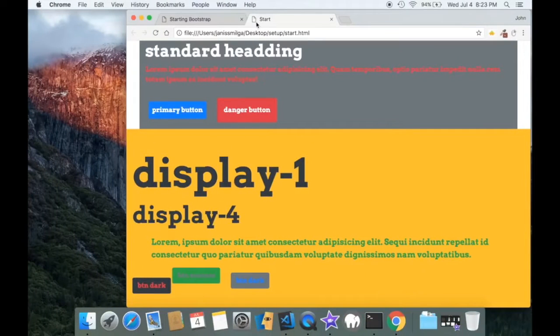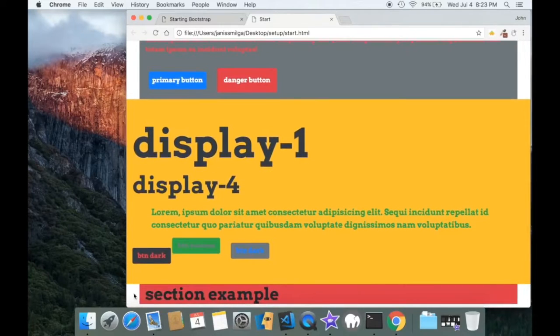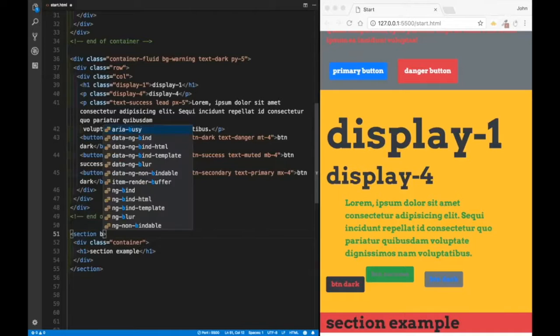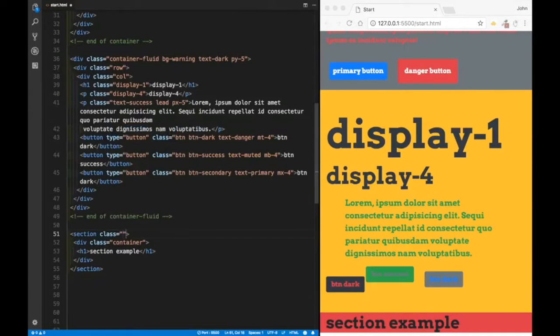And if I'm going to go back over here to the actual start and refresh, see over here, I have these white sides because of the padding. So let's say, what if I would want this whole thing to be red, but still would want to use this container? I wouldn't want to go back to the container fluid. Well, I can just do it over here like this. I can get rid of this class from the container and go back to the section, since the section is actually wrapping everything. And over here, I'm going to say class, and I'm going to say that this is going to be